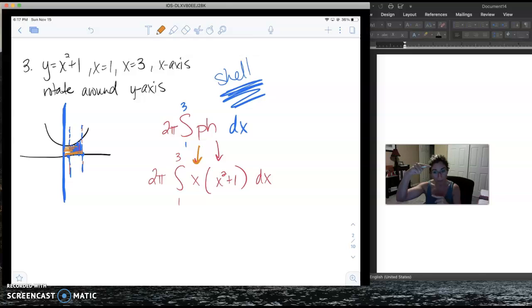The height is the height of all these different rectangles. My rectangles are different heights depending on where they're at. This rectangle is a little bit smaller than the next rectangle, then it gets a little bit bigger, but it's all based on that function. So the height of any of those rectangles is based on the function, so my height is x squared plus 1. So x is my p, the distance from the axis of revolution to any of the rectangles, and the height of all those rectangles is my x squared plus 1 function. Then you can distribute and integrate from there, and hopefully find the volume of that revolution using